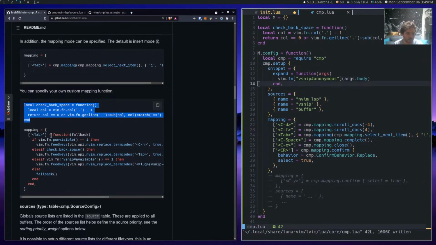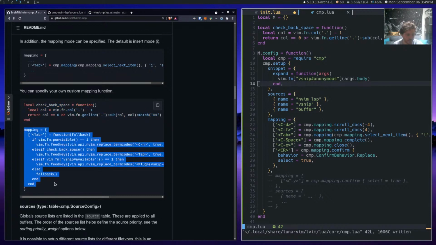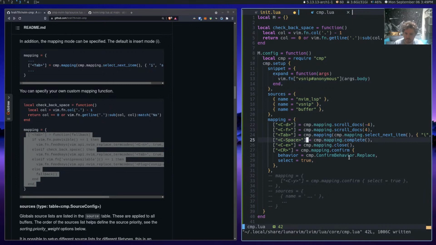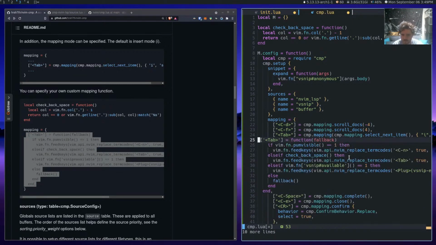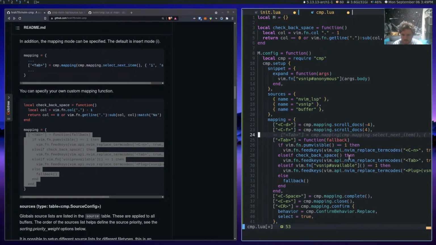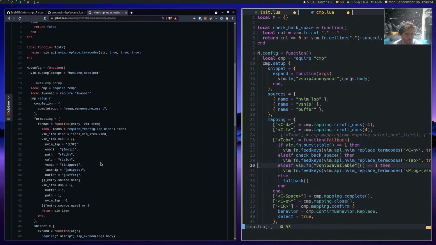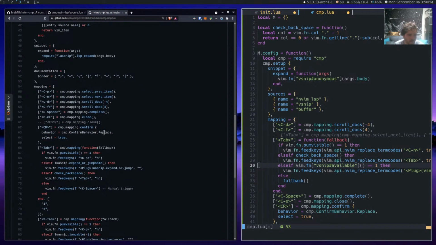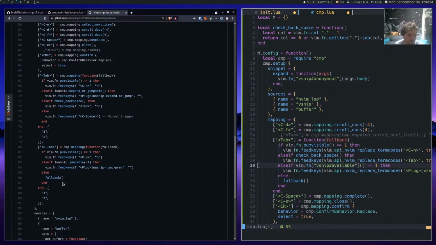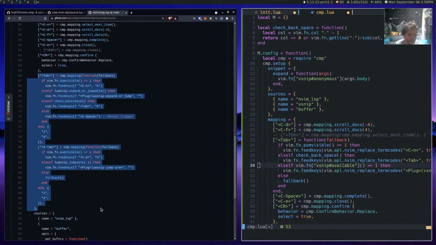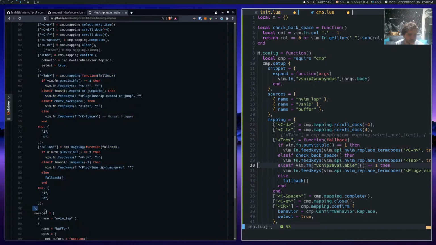Okay, and then they have a mapping in here for tab. So this is a big ass mapping for tab. We're gonna have to change that for Lua snip if we're moving over to Lua snip. And then shift tab, basically the same thing, I guess. Jumper expand tab. Okay, we might as well just grab what you got here. What does this end on?